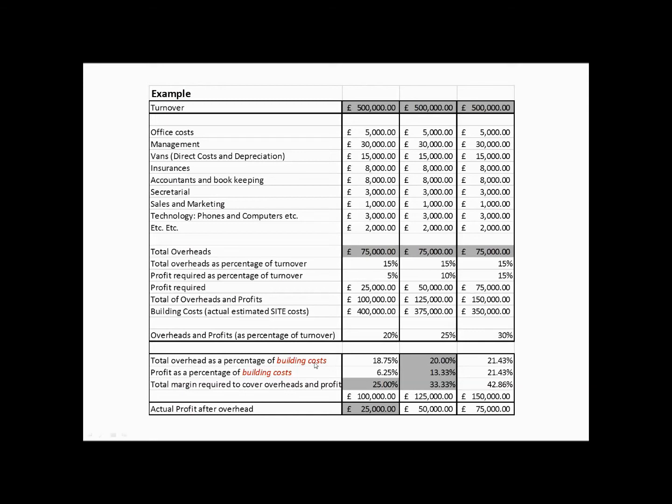Now, how do we apply these profits? Well, it's very important not to think, okay, I want to make a 25% profit, therefore I'm going to work out my overall total of overheads and profits, I only want 25% of that, so I'm going to add 25% to my build costs. That's not how it works. You need to express your overheads and your profits as a percentage of the building costs, and then add that